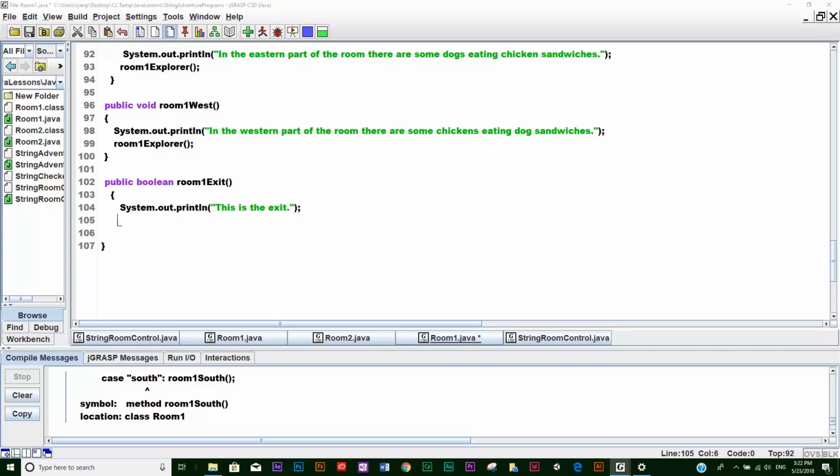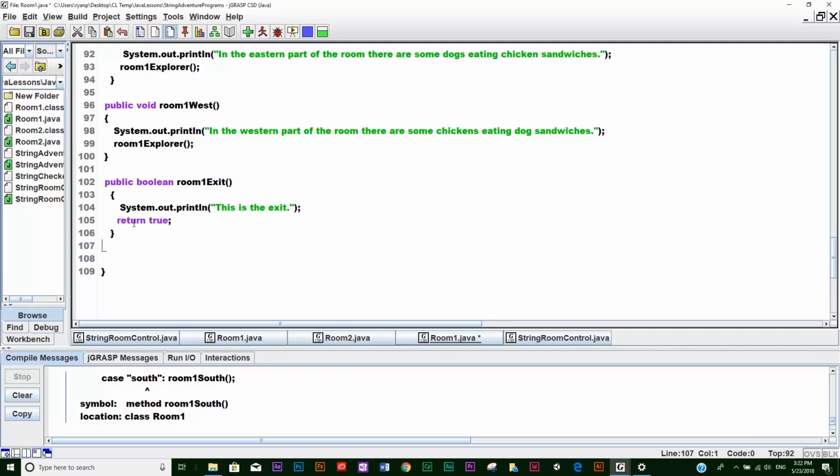The world's pretty crazy. Okay, I forgot part of the code there for room 1 exit. And the room 1 exit, check this out. This one's a little bit different, so hopefully you weren't falling asleep or out on the internet researching chickens eating dogs. And you probably have to be a pretty small dog if you were to have a chicken eating a dog. But down here, we're going to print out that this is the exit, and we're going to return